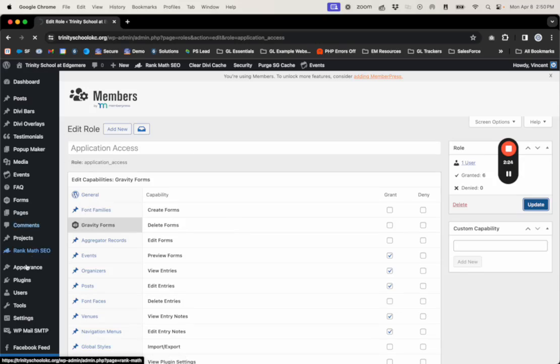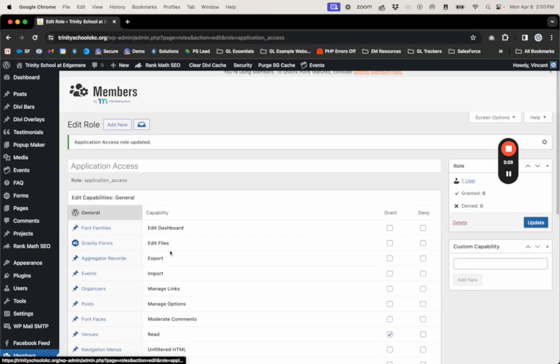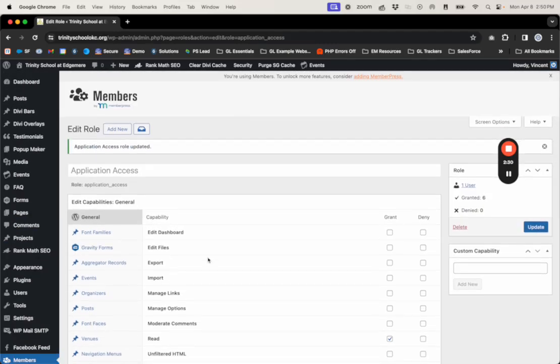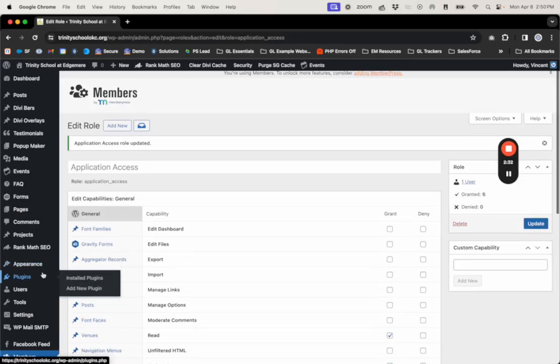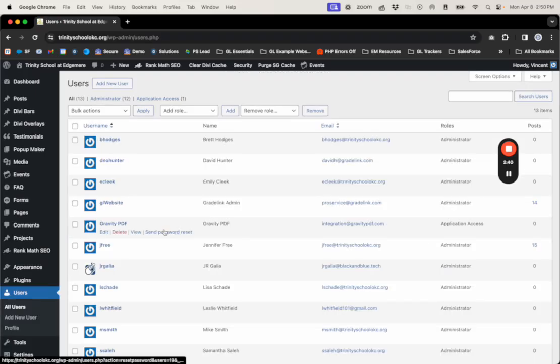So using the members tab, if that's available on your site, you are able to create custom roles and remove and add permissions to specific users. Recall that administrative users have access to everything. So if you wish to add a new user, it is simply a matter of clicking add new user under users,